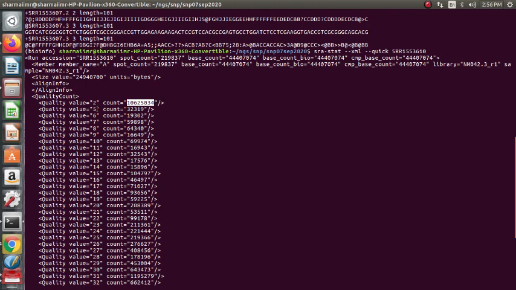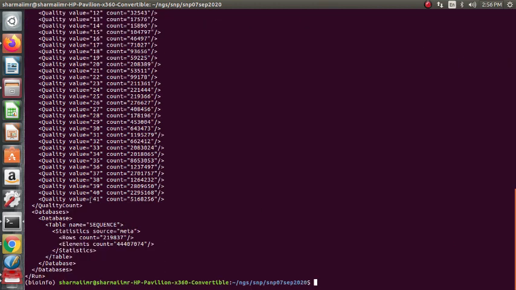Quality value 5, the count of spots. So the spots count is given here. 41 is the maximum, so we can move from 2 to 41. So we understand the Phred quality scores. We can also reformat this data if you want.